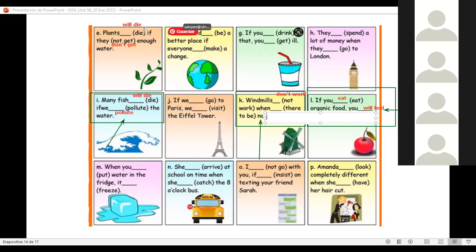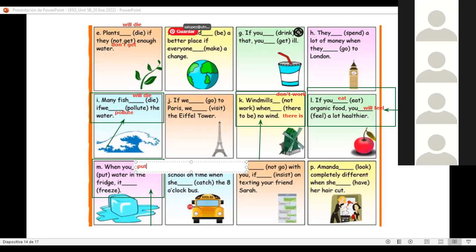So, here we have a zero conditional. Vamos a hacer un zero conditional. How would it be this one? ¿Cómo nos quedaría este zero conditional? When you put water in the fridge, it freezes.